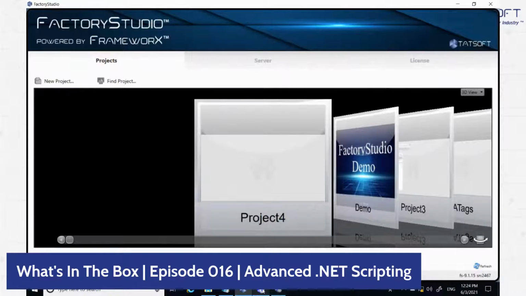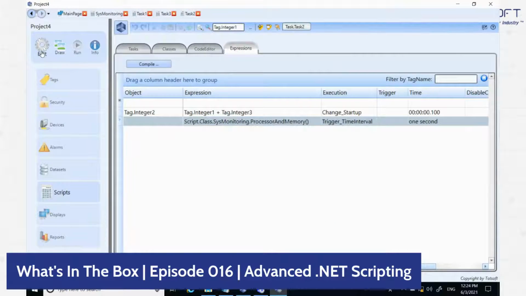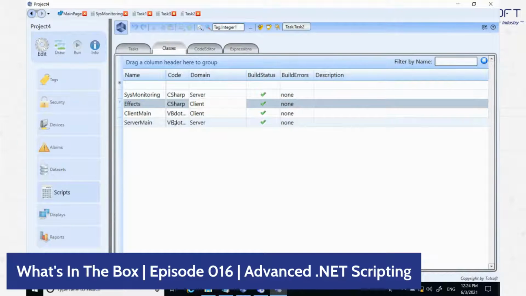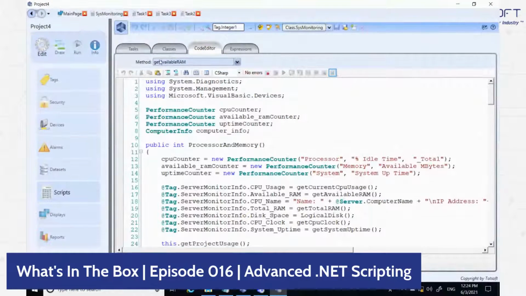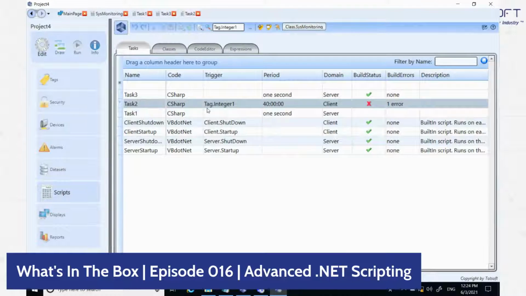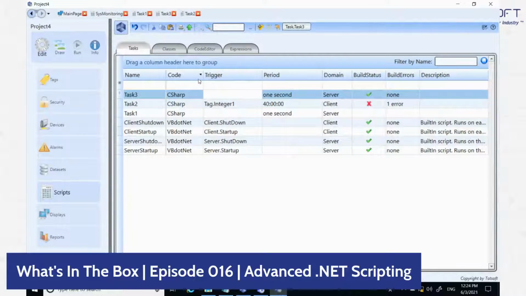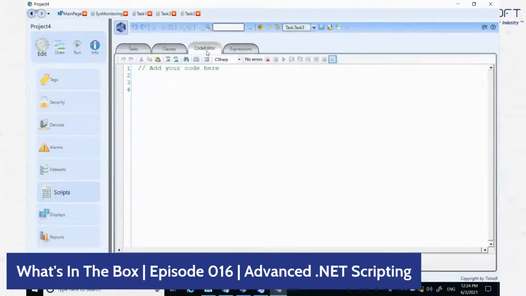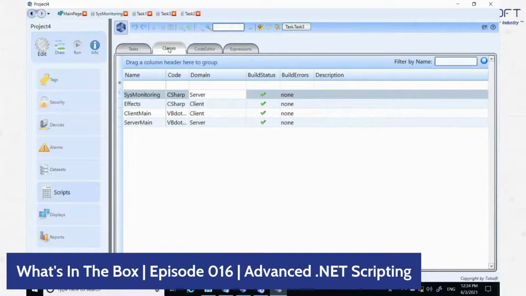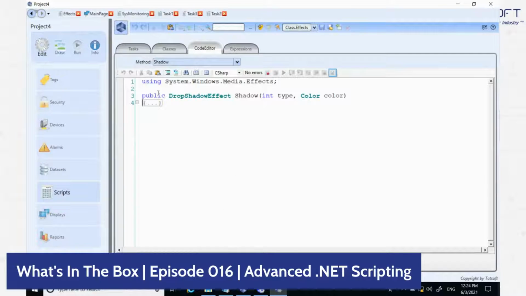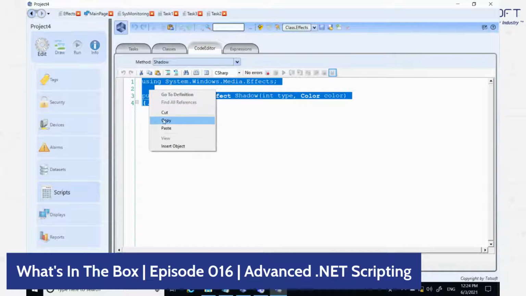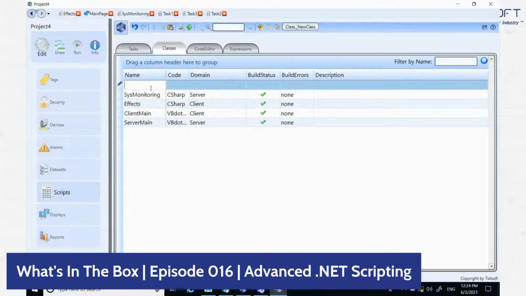Going back here to the main configuration. When we present those classes, some more advanced programmers say, oh, but this is not exactly a class. You are using the name class, but what you have inside those classes is pretty much a bunch of libraries, methods to be called. Yes, that's true. But we also allow in Factory Studio